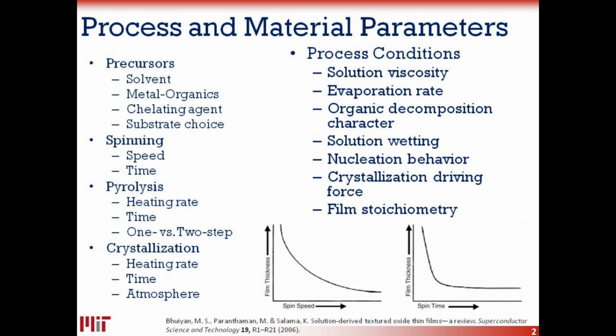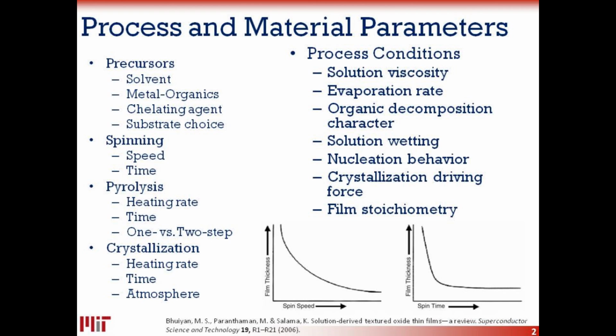looking at process parameters. So looking at the process controls that we have in order to affect our deposition. The first is the choice of our precursors. What solvent are we going to use? What metal organics are we going to use? What chelating agent are we going to use? The combination of these three are going to determine an evaporation rate for the solution. It's going to determine the solution stability, the solution lifetime, and probably most importantly, or also very importantly, it will